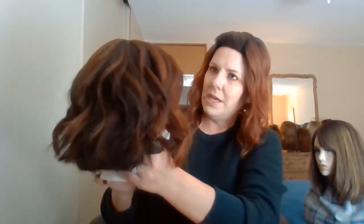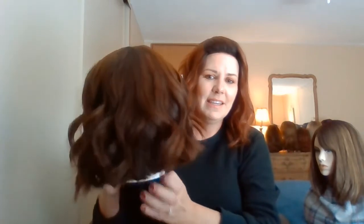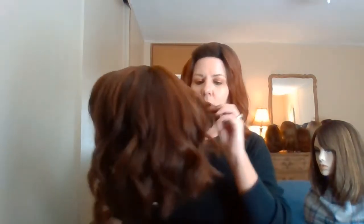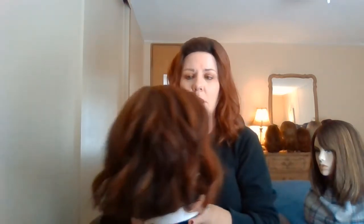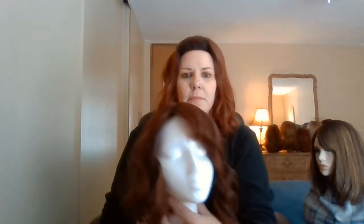And another thing about these particular curls, if you notice on this wig how everything's kind of pointing down, and on this one how everything's kind of pointing down, that has to do with the way it was cut. So that's very important too. If that's something you're looking for, if you get a regular wig, it probably needs to be texturized or something on the ends. So keep that in mind. So anyway, there she is. She's a little lopsided right now. So let me show her to you on